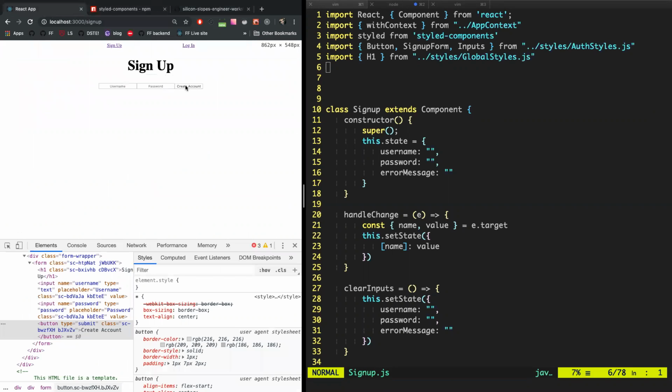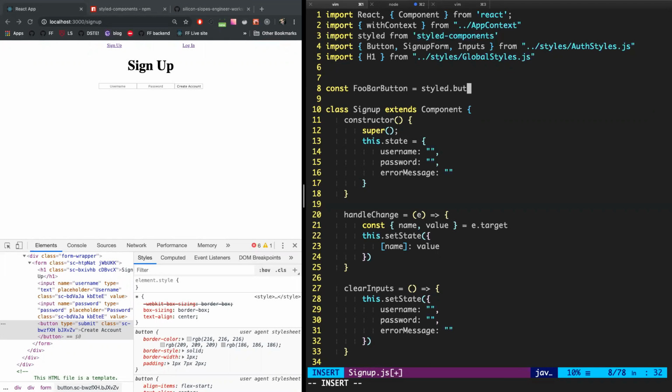All right, so let's take a look at our little app here. So here we have our sad little app. We have our sad little create account button, and it's pretty sad. So what I've done, you need to import styled from styled components, and all we need to do is create a variable. So we go const, and we can call this whatever we want. So we're going to call it foo bar button, and we're going to use this function styled, so it's going to be set to styled